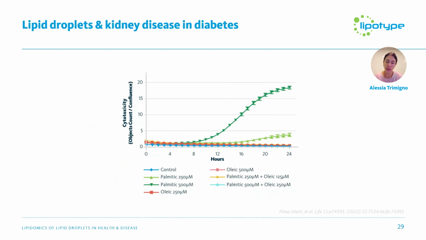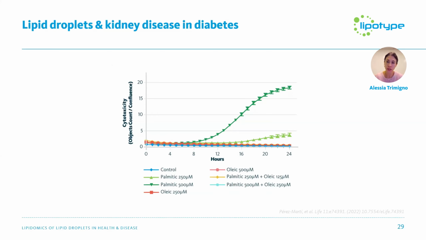So the next step, they translated the study into in vitro. They wanted to understand if these two treatments, palmitic acid or oleic acid, or the combination of the two, was affecting cell viability. So they measured cytotoxicity. The first step was doing it with a control, BSA, and you could see there was no effect from that, while there was a high effect from the exposure to palmitic acid after 24 hours. So the cells were starting to die,